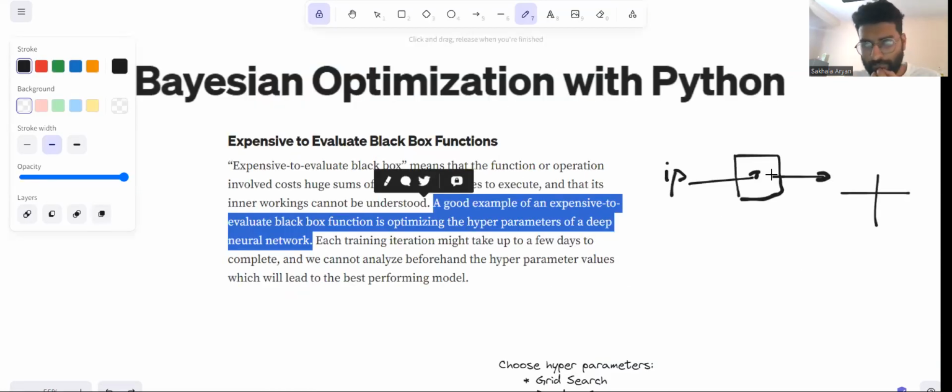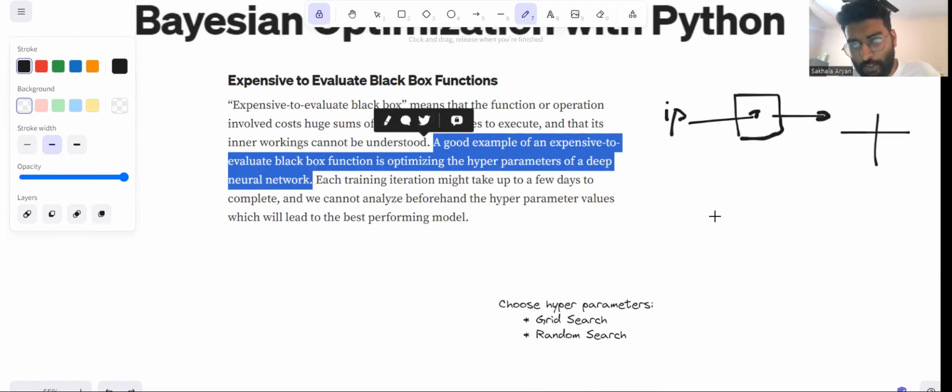basically what we try to do is we have an input and it gives you an output. So Bayesian optimization tries to give you a local minima. Okay, for a cost function, what Bayesian optimization tries to do is find a local minima, and it will use all types of input, and the input which gives you the local minima will be your hyperparameter. So this is what Bayesian optimization is. It will be helpful for selecting a hyperparameter for you. And